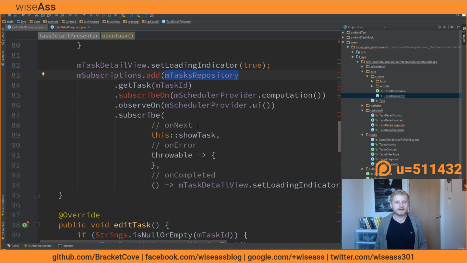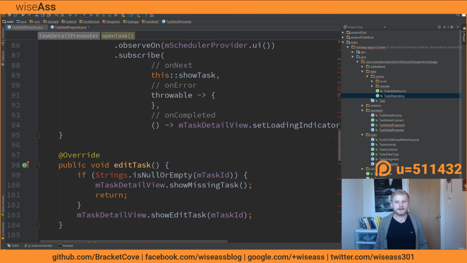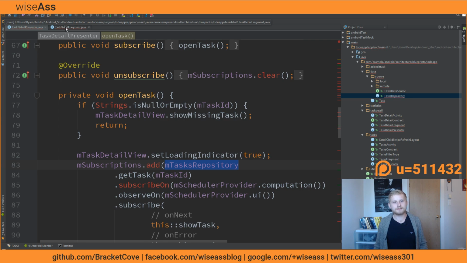So that's very plainly a presenter, or like a logic layer. And I think you already understand where I'm going with this, but basically the way that you tell if someone has done Model View Presenter properly is the degree to which the code within the things that we call view or fragment, presenter slash logic, or model slash data, is cohesive to what the thing should actually be doing.